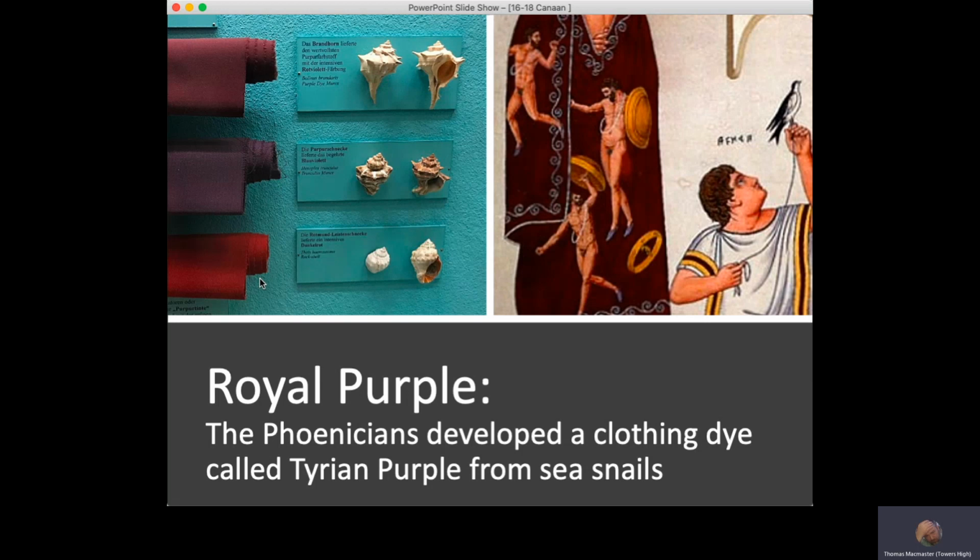It is a dye that is made from squeezing sea snails that live along the coast of what's now Lebanon. It takes a lot of snails to get the dye. It is a complicated process. It will be replicated in one of the Phoenician colonies in North Africa, but it is always a very difficult, very expensive way of getting dye. You can see some examples of the color. Some shades of Tyrian purple are more reddish or maroon, but in the time before chemical dyes were available, this was incredibly expensive,